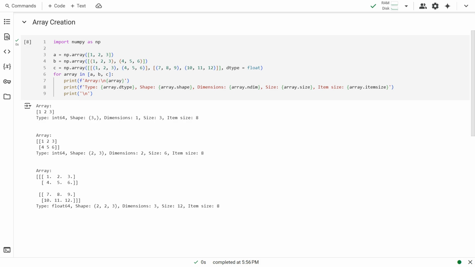Let us look at some array attributes while we are at this. The dtype attribute gives the data type of the elements in the array. The itemsize attribute gives the size of each element in bytes. Note that both data type and item size are common for all the elements in the array. We can also obtain the number of dimensions and the shape of the array from the ndim and shape attributes.